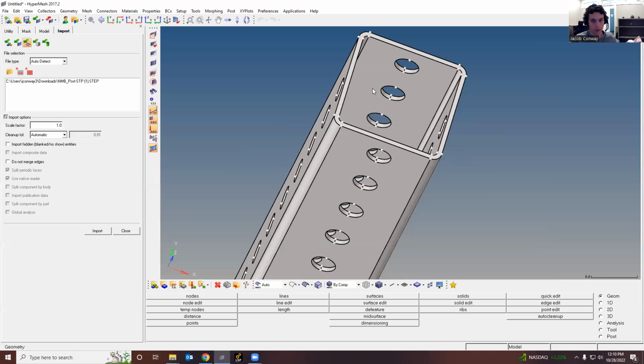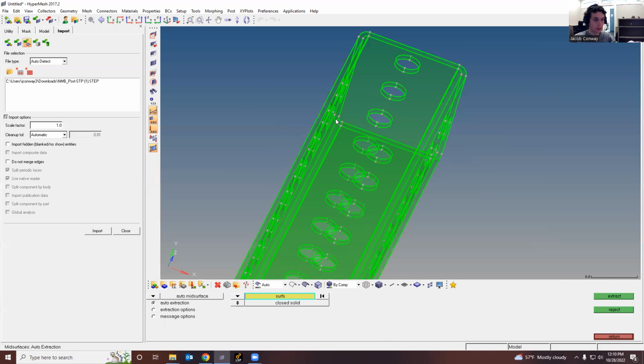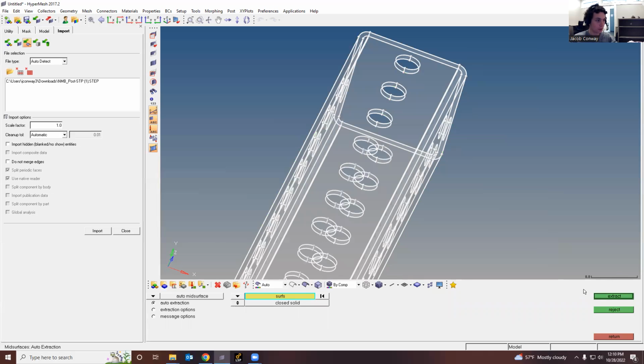I've just been told by my advisor Mojde to mesh these as shell elements, which makes sense because a lot of things that we use are actually just shell elements. It's the most common to my understanding. So yeah, firstly, we're going to want to create a mid-surface for this. And there is this tool. If you have a basic shape, you can just use this mid-surface tool,